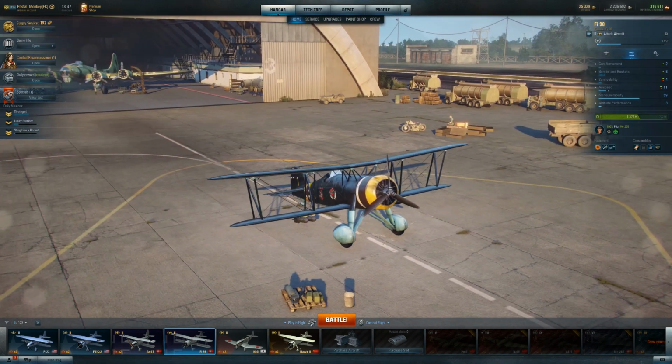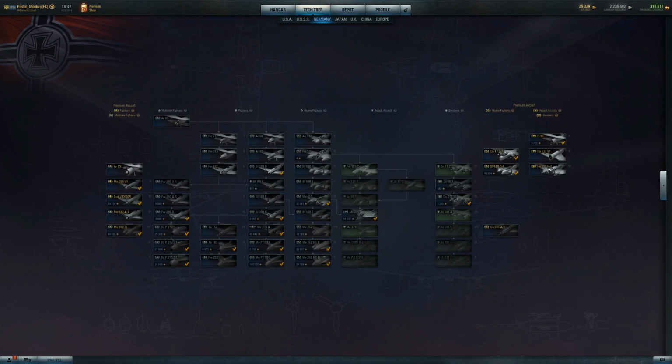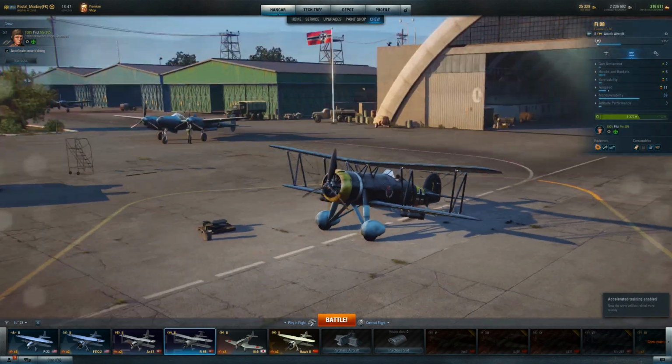I just figured I'd do a quick review on this plane since I won it, and it's available in the shop if you feel so inclined to spend a couple hundred gold on it. I mean, I don't recommend it. I can't believe I didn't freaking accelerate my crew training. Jesus. I don't recommend it, but